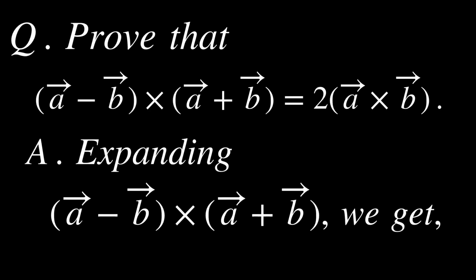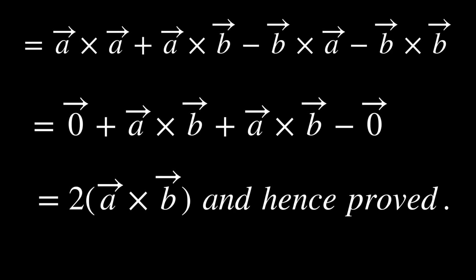Next problem, prove that vector A minus vector B cross vector A plus vector B is equal to 2 times vector A cross vector B. You might have learned identities and their multiplication in early classes, correct? So in this, multiply each term of the first factor with each term of the second. We get vector A cross vector A plus vector A cross vector B minus vector B cross vector A minus